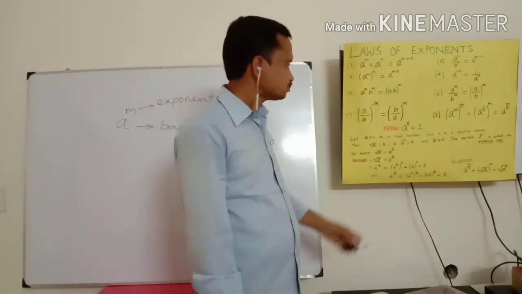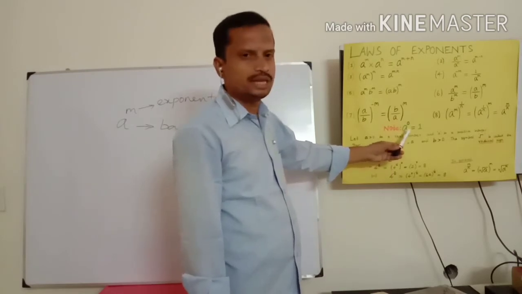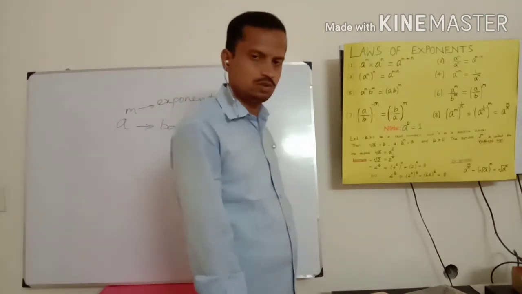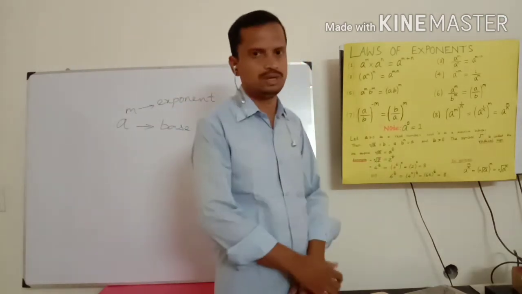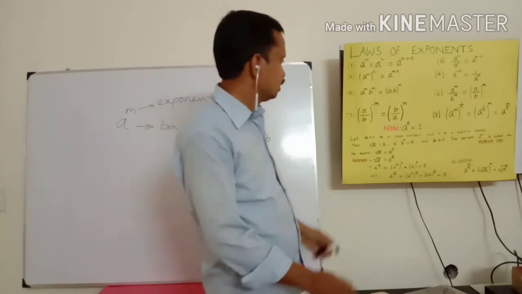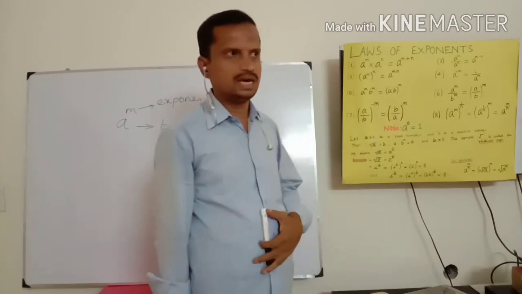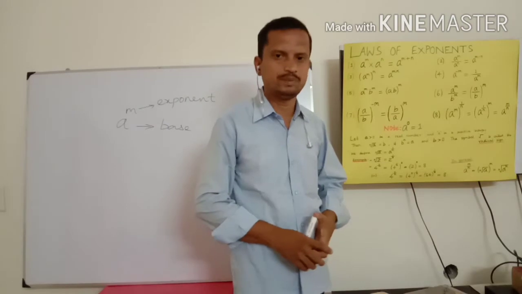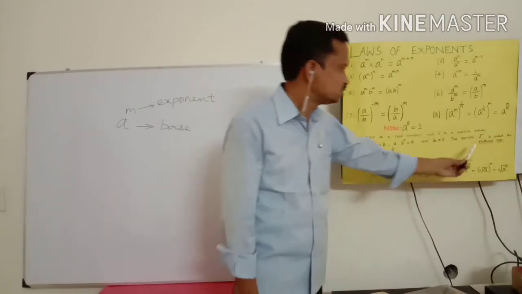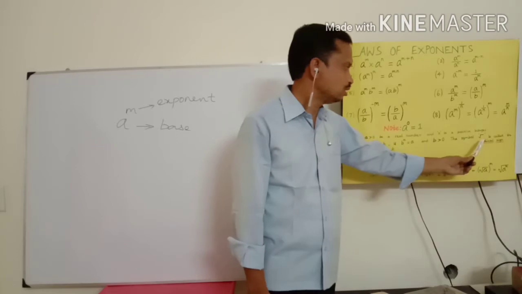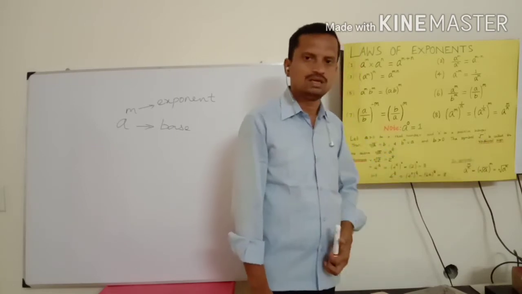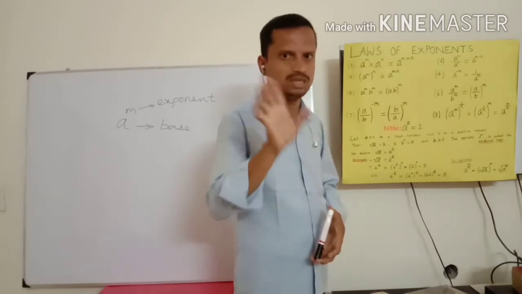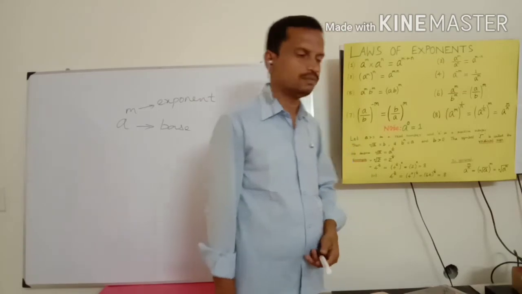And you know that any base with the exponent 0, a power 0, what answer? 1. What answer you will get? 1. So any base with exponent 0, you get 1. And the next definition is there about the square root of a number. You know, square root means just we put the root symbol. The root symbol is called radical sign. That symbol is not only for square root. Any root you can put, but that symbol is called radical sign.